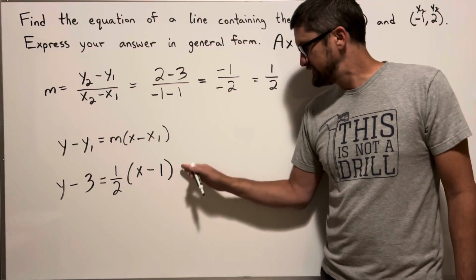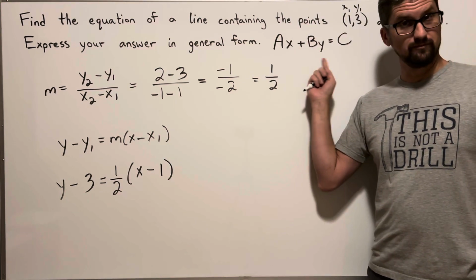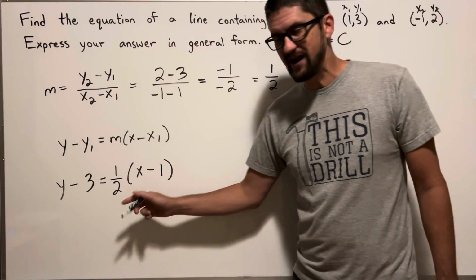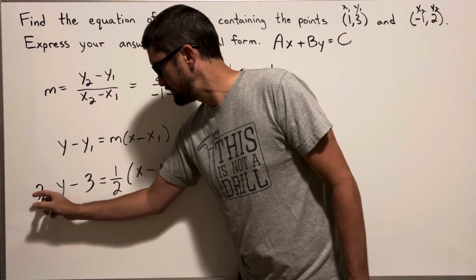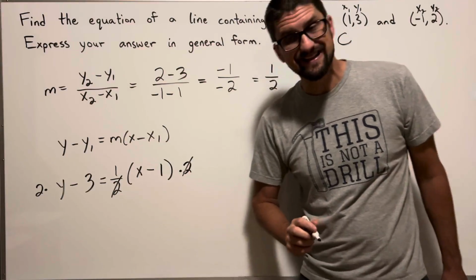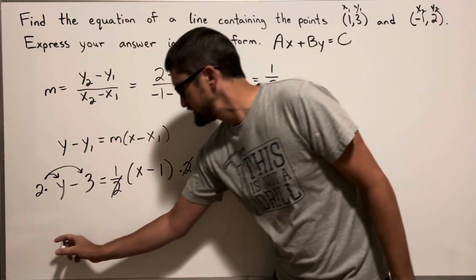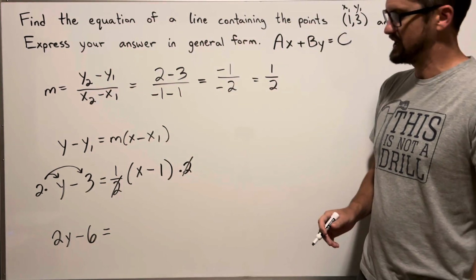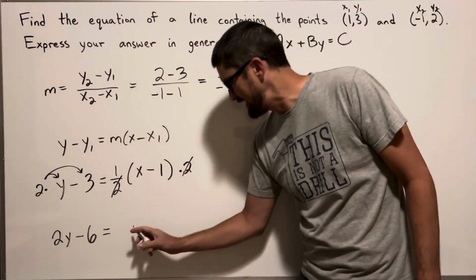Now, the only thing left to do now is to rearrange this equation to general form. Typically general form doesn't have any fractions, so we can get rid of this 1/2 fraction by multiplying both sides by 2. Multiplying by 2 on both sides will eliminate these 2's on the right-hand side. On the left-hand side, this 2 is going to have to distribute. So it's going to give me 2y minus 6 on the left-hand side. And the right-hand side, this 1, when it distributes, it just doesn't do anything. So we're going to have x minus 1